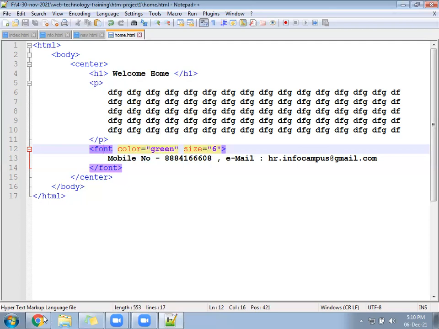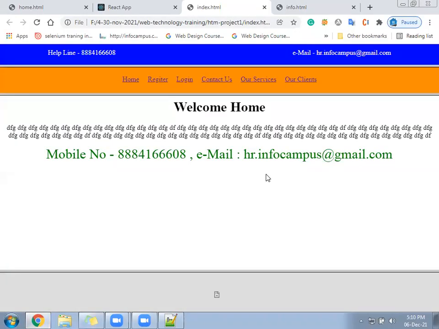Home file is running, and the home will come. All the contents are printing from the center.